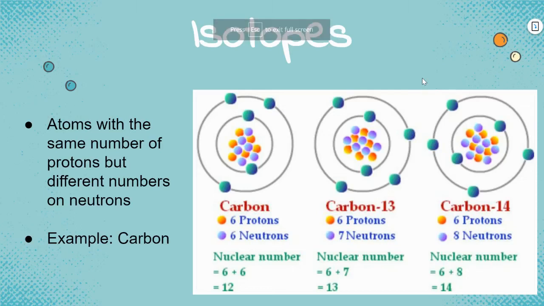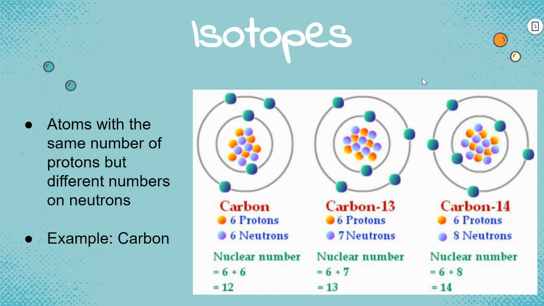And so now let's talk about isotopes. When we're learning about what is chemistry during the second day of class, one of the things mentioned that you might have to do in order to be successful is to memorize, right? So this is one of those things where you'll have to memorize this definition. The definition for isotopes is just atoms with the same number of protons but different number of neutrons,